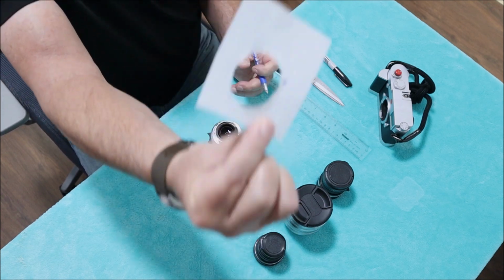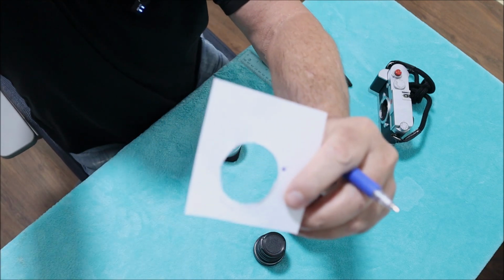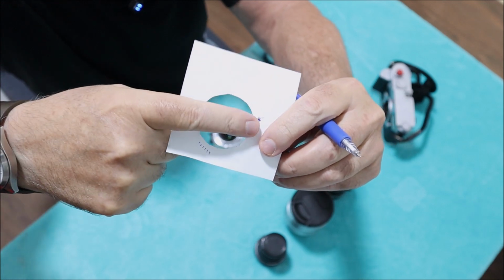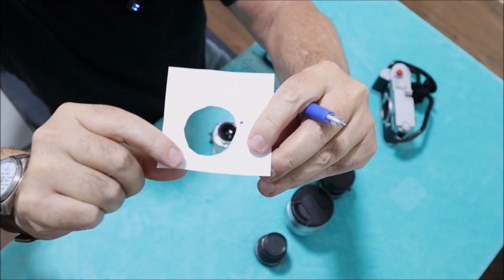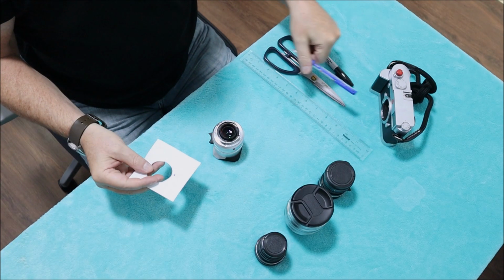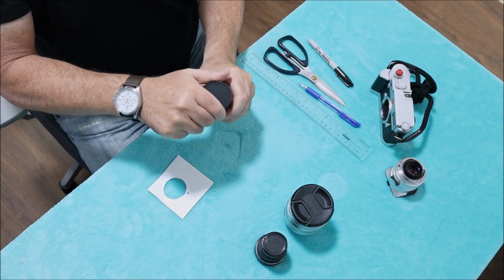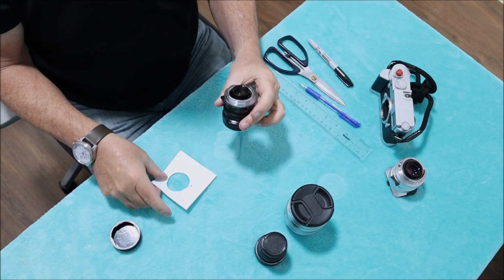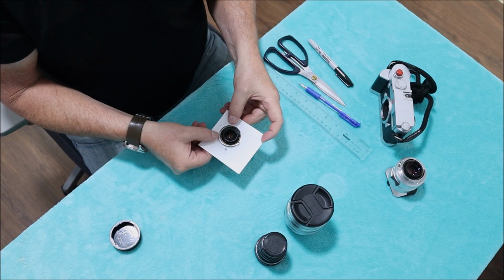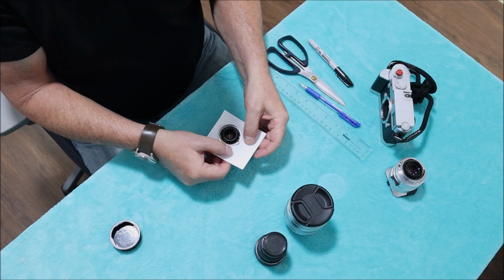So this is my do-it-yourself little template. Again, you probably can't see much, but there's the notch and my 6 little dots that I'm going to use to line up on the lenses we have here. Now I'm going to start left to right and start off with my 28 millimeter 2.8, and this is a